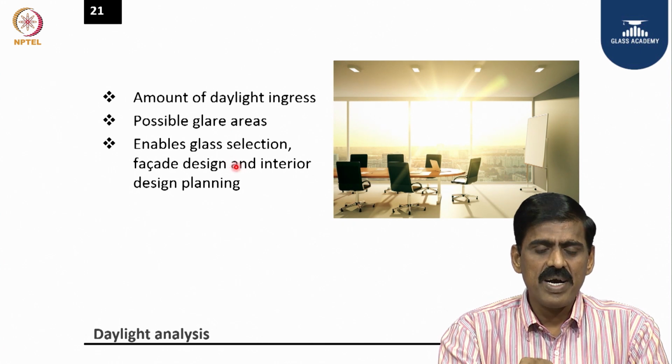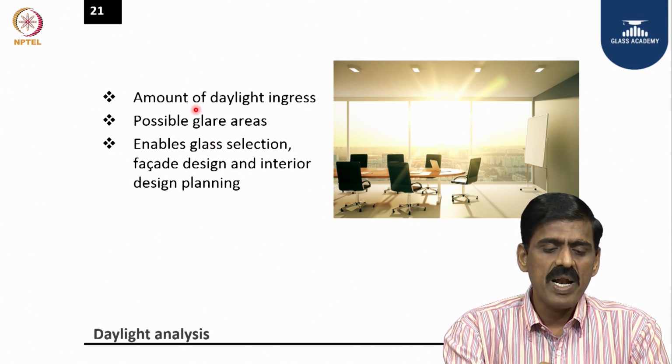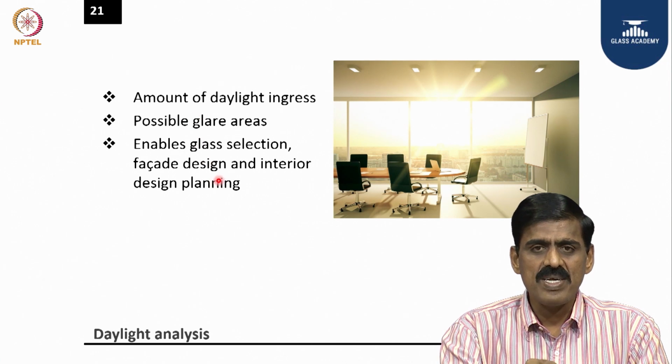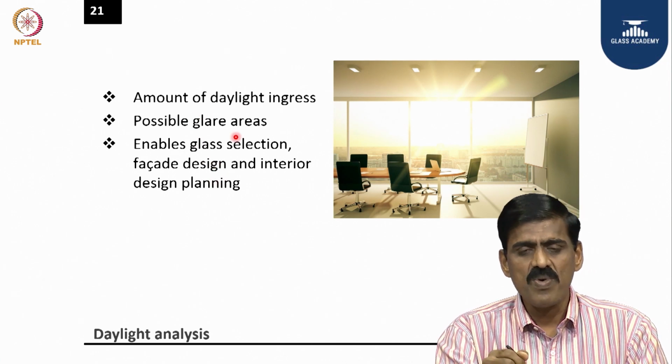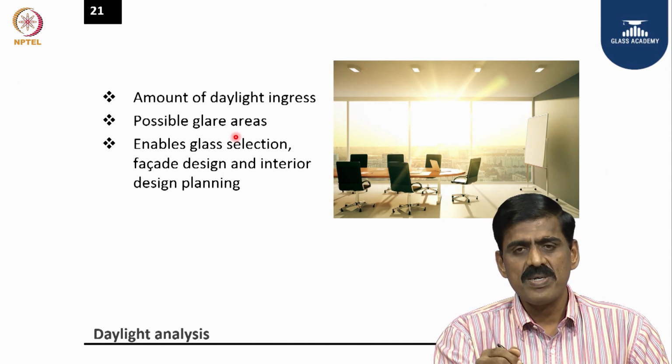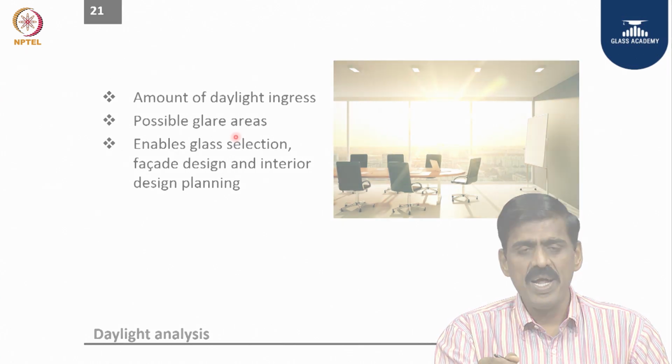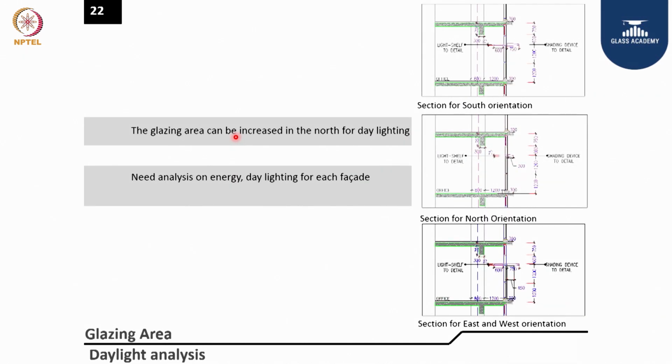So the facade design and facade elements play a major role for glare. Just by having glass you get the daylighting, but glare cannot be arrested without facade design. So it is very vital to balance both parameters to get beautiful daylit indoor spaces. Now the glazing areas: how much glazing area depends on the projection angle and type of facade and orientation, and you can get the glass fixed for a particular facade.